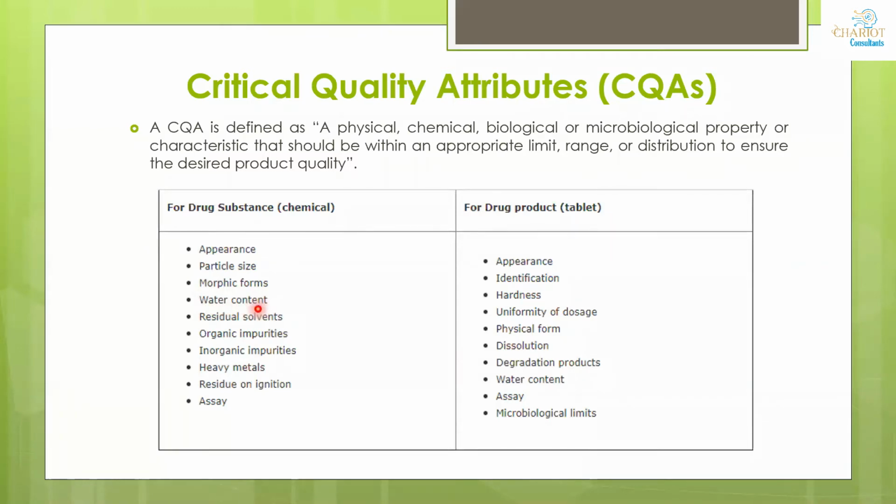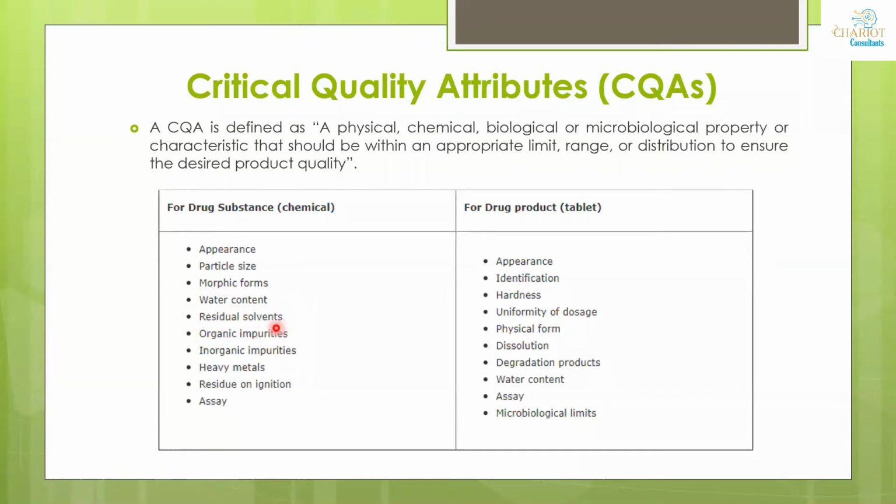If you don't have control over water content, then ultimately it will be out of specifications, and the end customers who want to produce a drug product will also need to change the potency values if your water content values are changing. If your product is unstable in water, then in some products when water content is on the higher side, you may observe that in the drug product your impurity levels are gaining on the higher side. So these are very important for your drug substance.